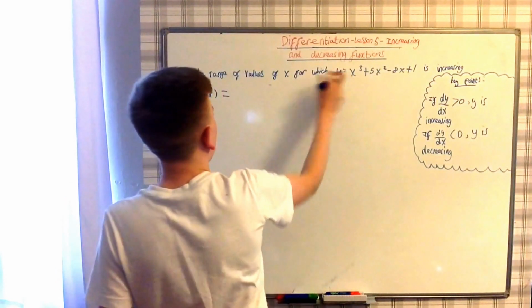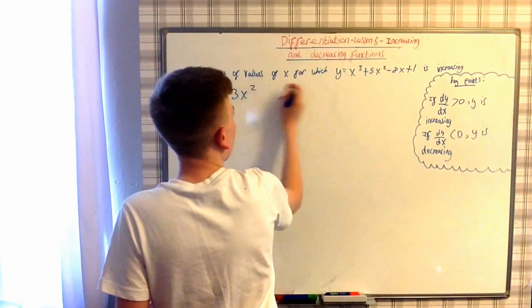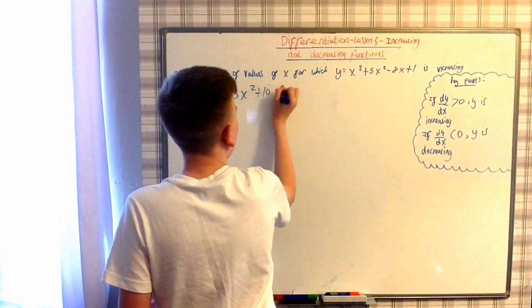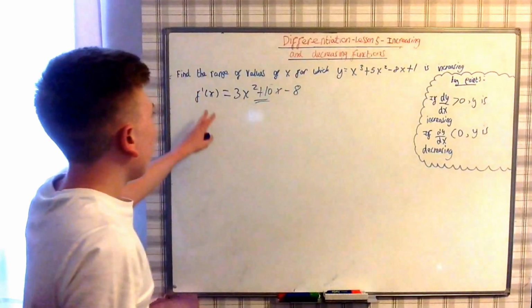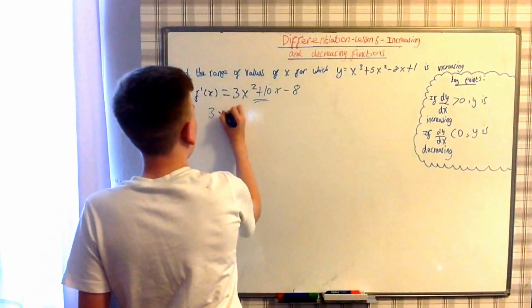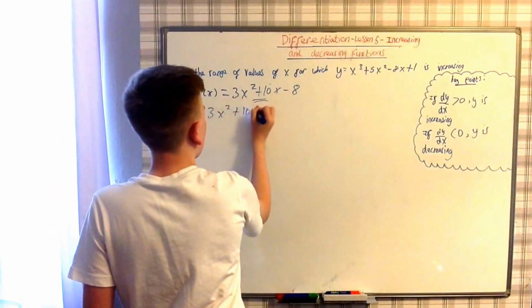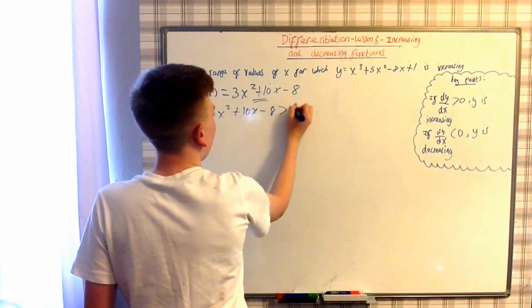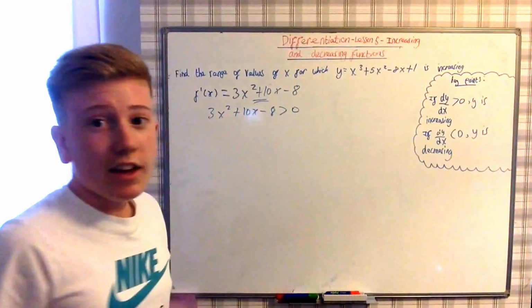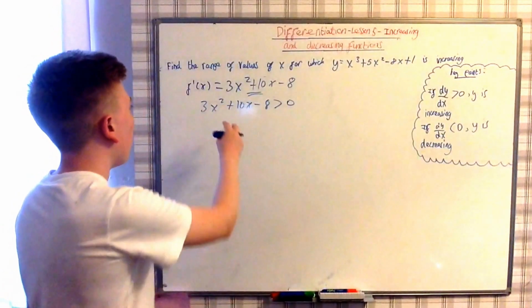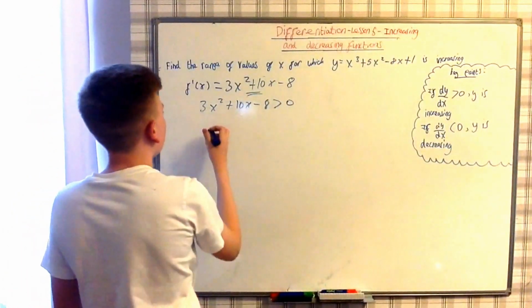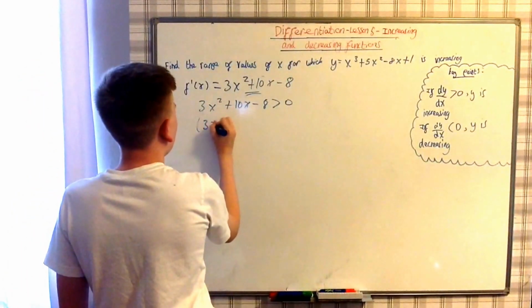So we're going to get 3x squared plus 10x minus 8. Now we're looking for when this is greater than 0. So the next thing to do is find the range of values of x for which this can be true. So we factorise this and we're going to get